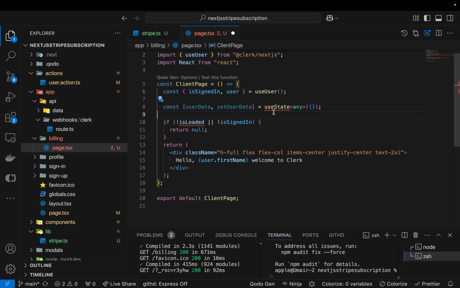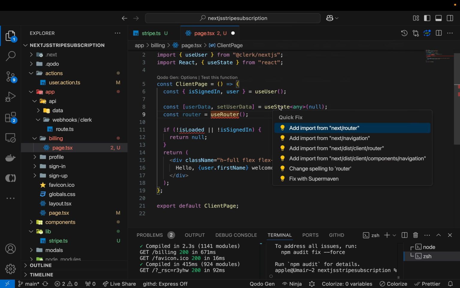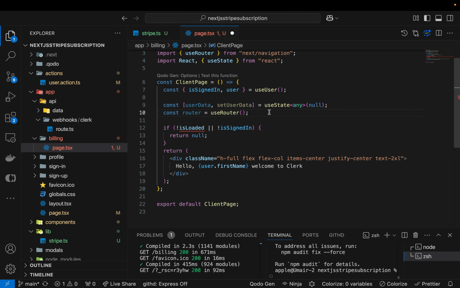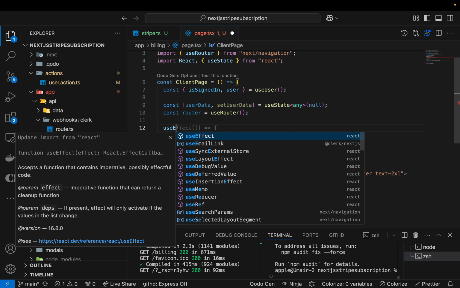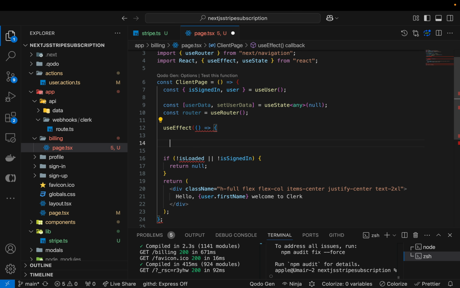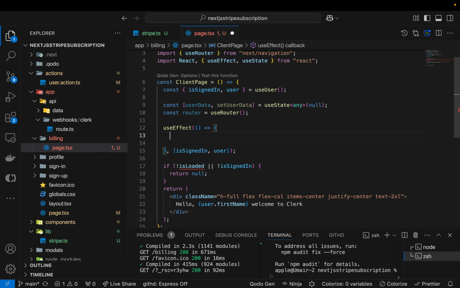Let's bring the useState like this directly. Rather than an empty object, let's put null. We will be needing to navigate to the other page, so let's bring in the useRouter from next/navigation. Now let's write useEffect, and inside the useEffect I'm going to put it like this, and the dependencies I can put are isSignedIn and the user, if it is getting